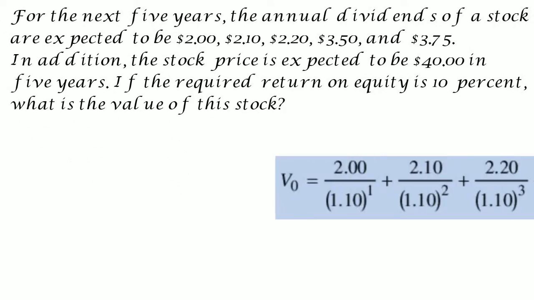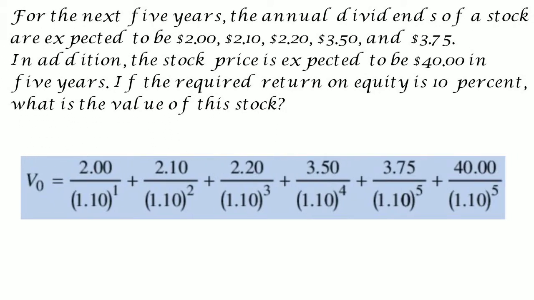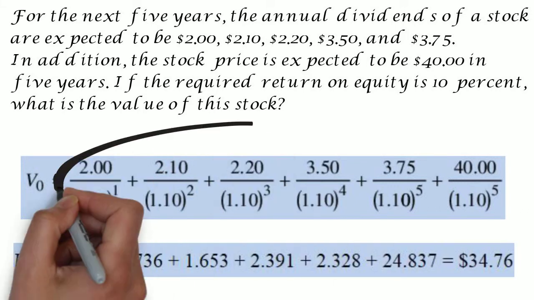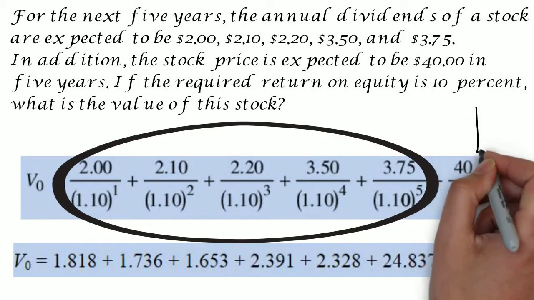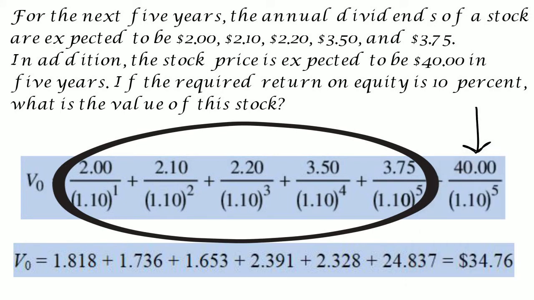The present value of expected future cash flows can be written as follows. The 5 dividends have a total present value of $9.92, and the terminal stock value has a present value of $24.84. If we add the two numbers together, we get the total value of the stock to be